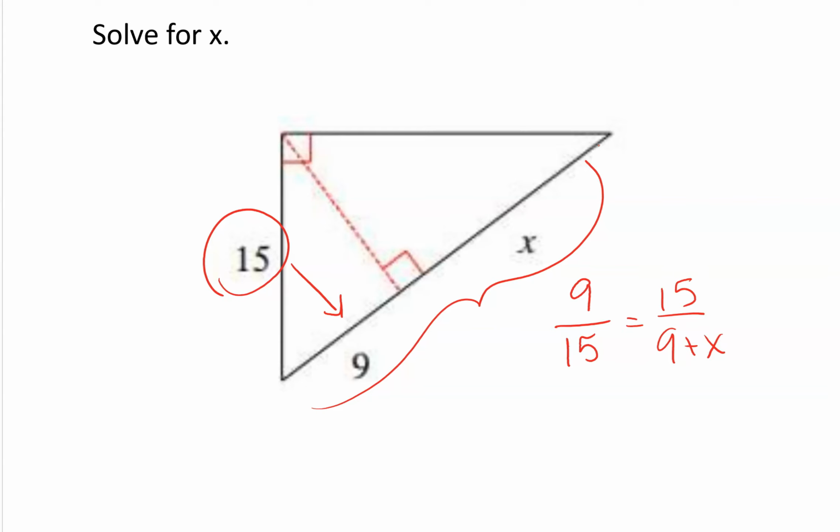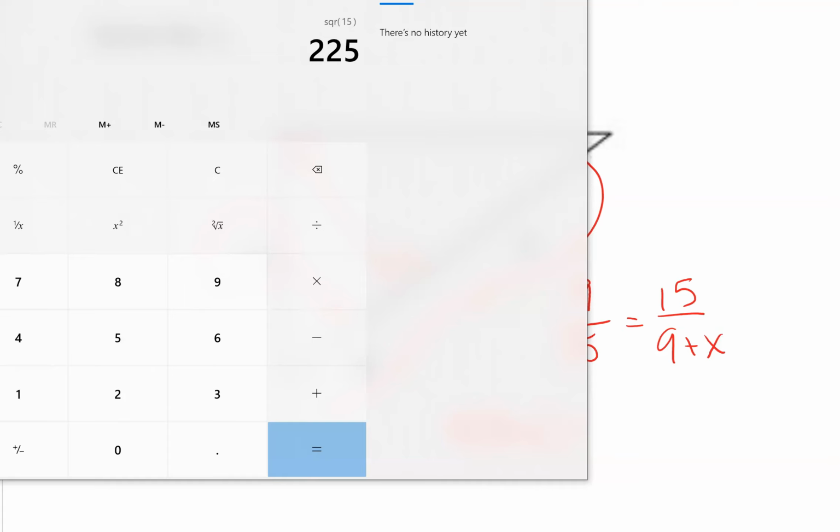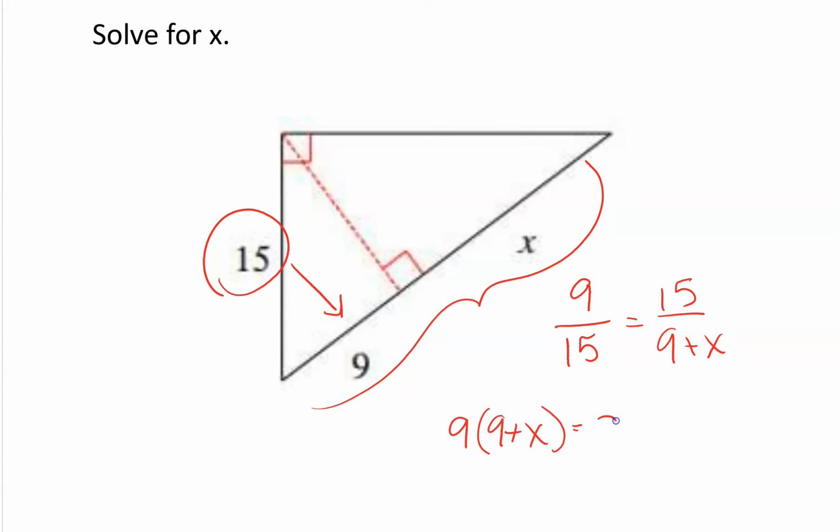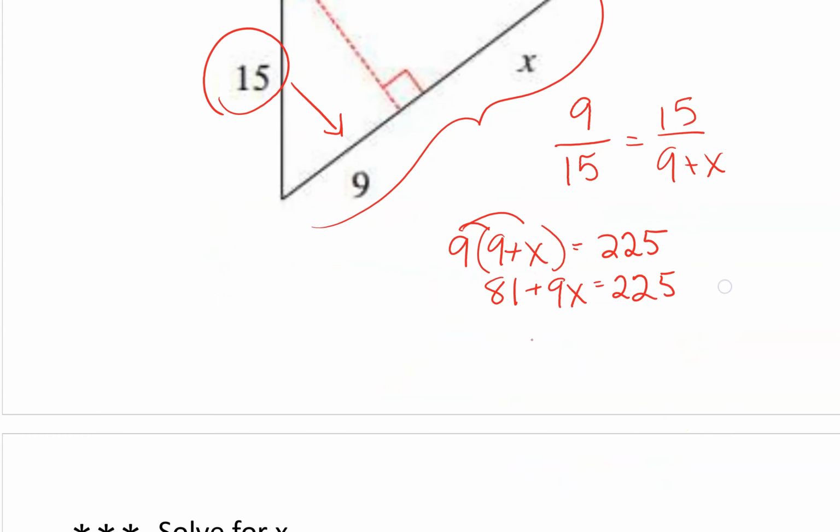So to work that out, I would do 9 times (9 plus x) equals 15 squared. Let's see what that is. 15 squared is 225. Okay, then I'm going to distribute this. 81 plus 9x equals 225. And then just keep working it out. 9x. Subtract 81 from 225. So that would be